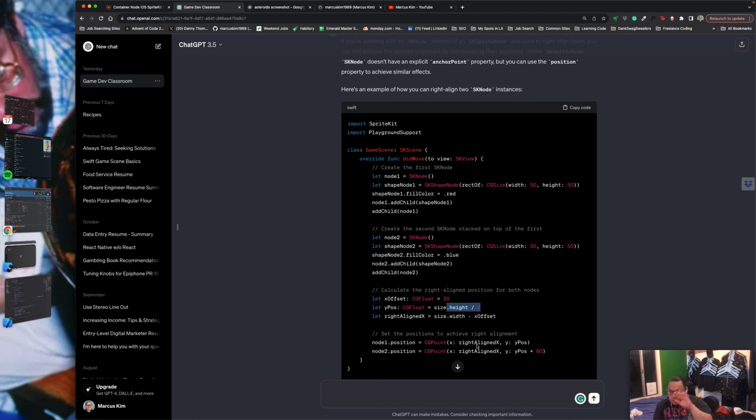And then we could type into the height property of size. So what we're doing in this line of code, we say let y position equals size, which is the size of the scene, and we're taking the height divided by 2. So basically we're taking the height of the scene and then dividing by 2. So that should be in the middle, which technically does not work in our case, and the reason it doesn't work is because